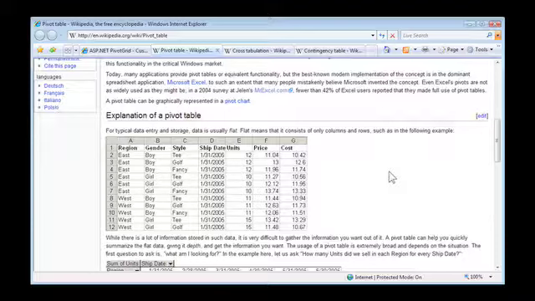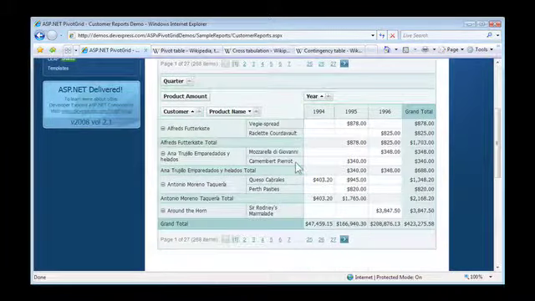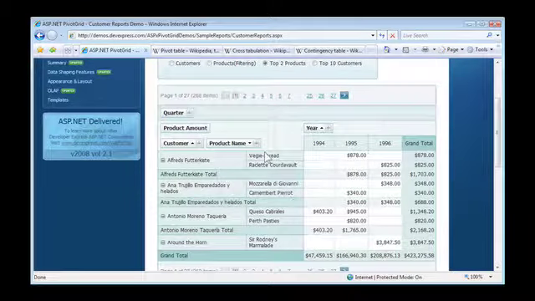So a better question, as it states here, is what are you looking for? What am I looking for if I were the end user? If you have a question that says how many units did we sell in each region for every ship date, then we can set up a crosstab that shows the region as well as the ship date, and then we can get the grand totals for this. And the ASPxPivotGrid lets you do just that very easily. So here we're taking a look at the top 2 products by customer,